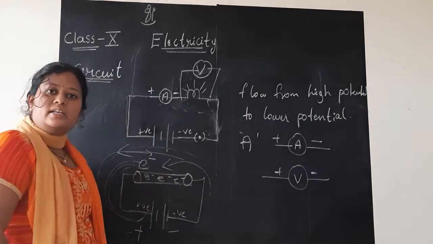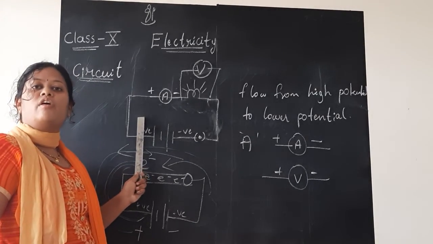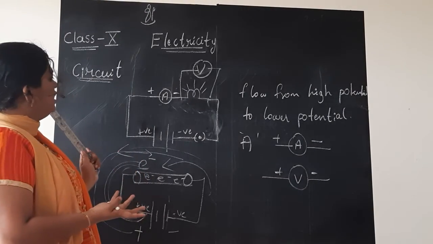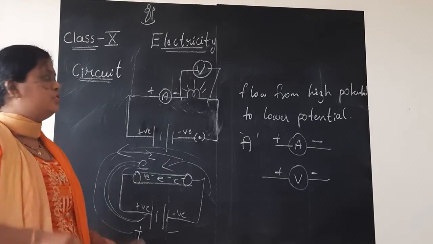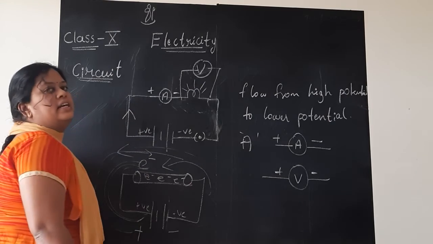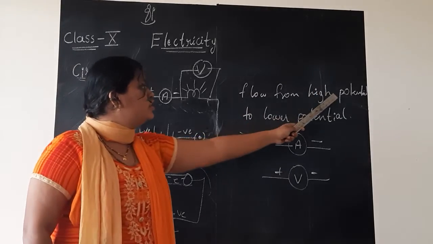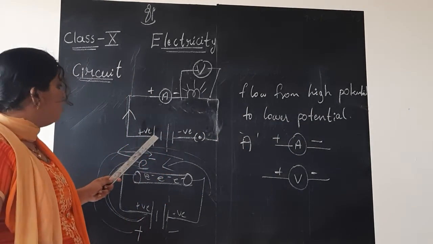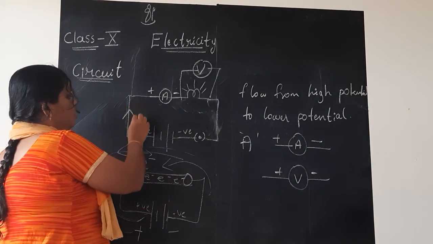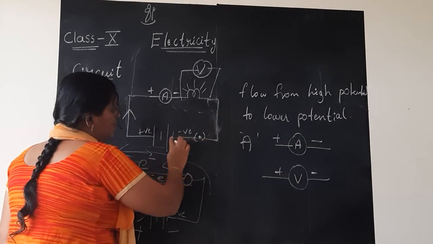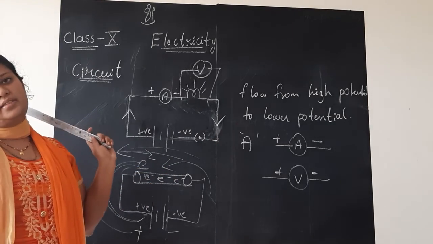This doesn't complete the circuit. It will get completed once you show the direction of flow of current in the circuit. If you look at this circuit, anybody may ask you in which direction the current is flowing. How do we know? It should always be represented with the help of an arrow mark on the wire like this. Current always flows from higher potential to lower potential, means always from positive of the battery to the negative of the battery. So, one arrow mark going like this. Here one downward arrow mark. This completes the electric circuit.